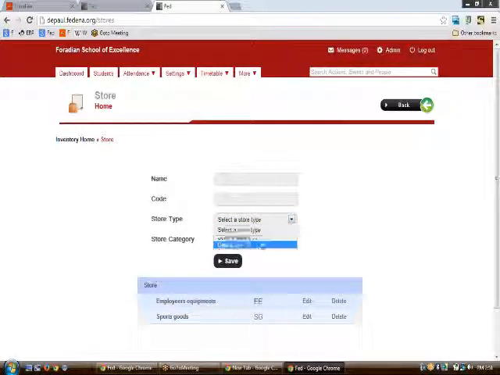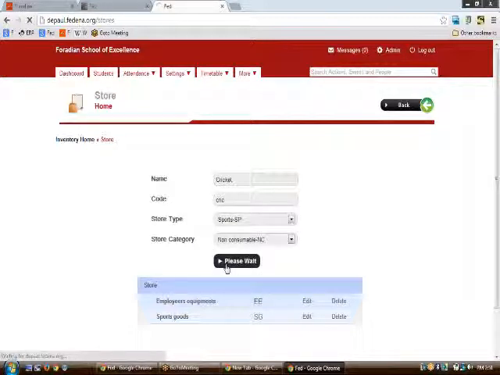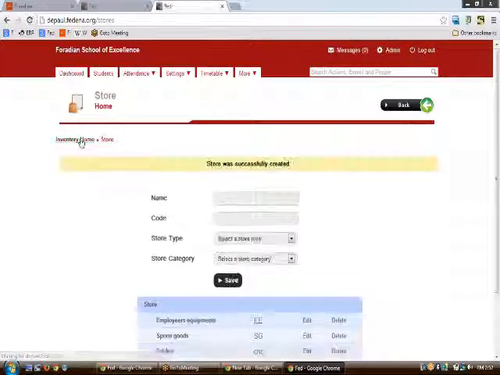So I'm naming my store as cricket, and the code can be CRIC, store type sports, and the category non-consumable. So this would create a store for you.